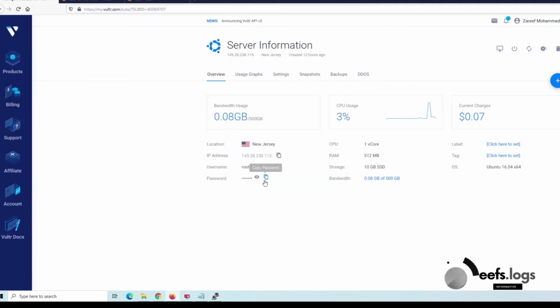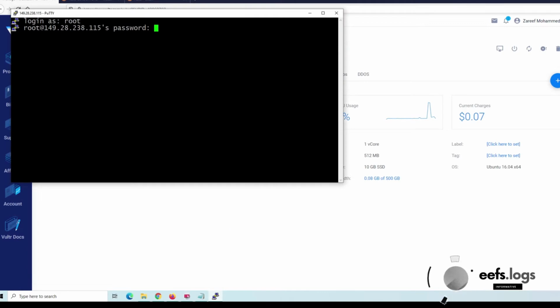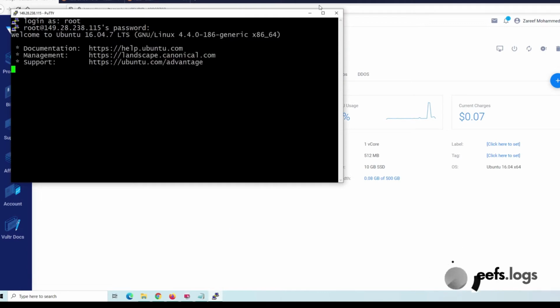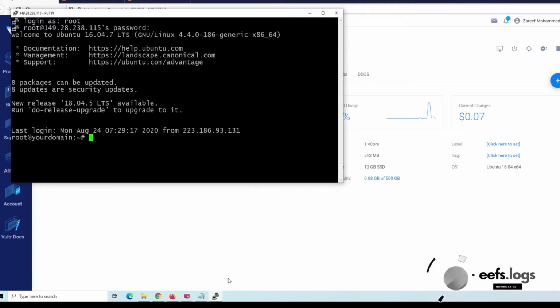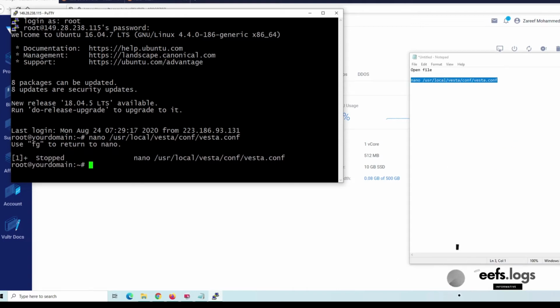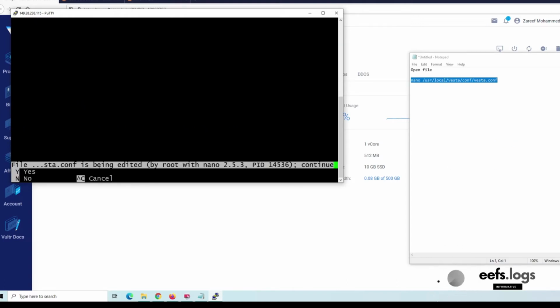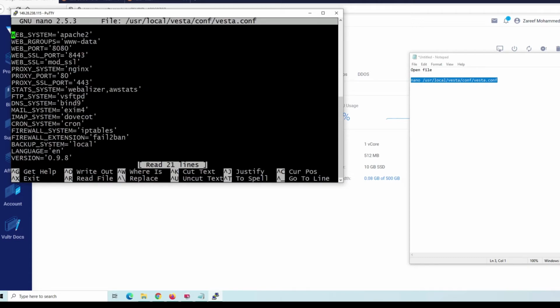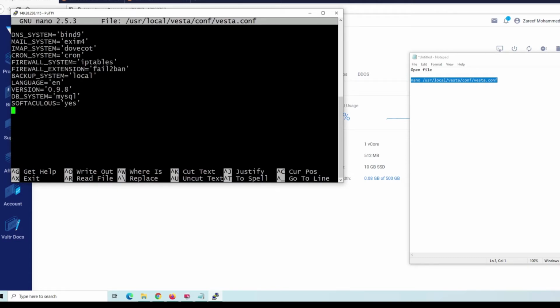Just copy the password and paste it. You are unable to see my password because it is hidden. So here is the command, you just have to paste this. I'm going to give you this command in the description. Basically it opens the vesta.conf file, which is placed in the local directory of your Linux, and you have to add